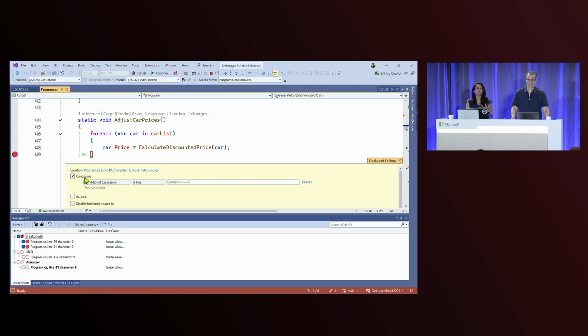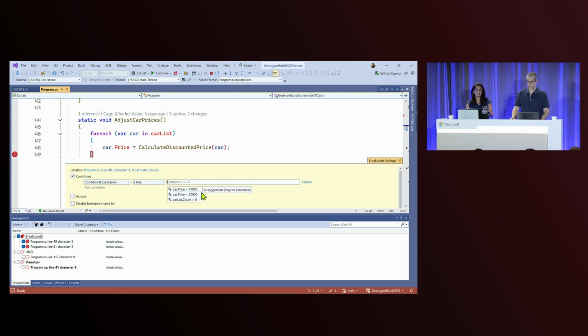Conditional breakpoints are, again, super handy when you want to have a condition and your breakpoint hit at that particular condition. You can write your own condition here in this text box, or you can use a little bit of help from Copilot. Just place your cursor inside this text box, and Copilot will suggest a couple of conditions based on the code around it.